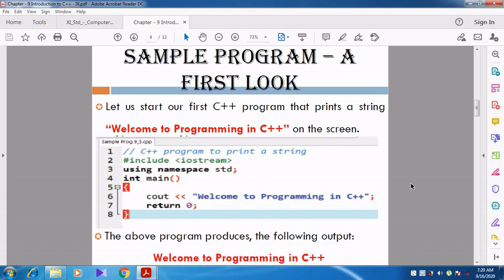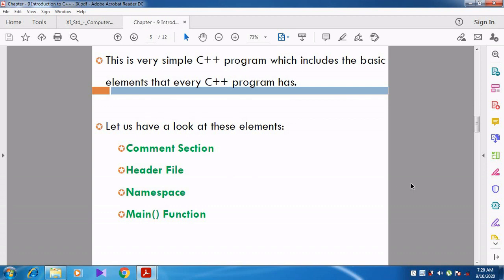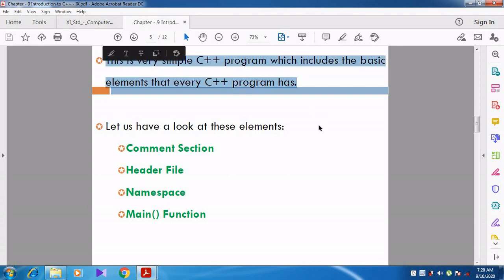Now we are going to discuss the elements included in every C++ program. This is a very simple C++ program which includes the basic elements that every C++ program has.